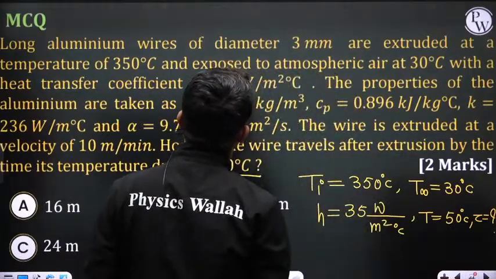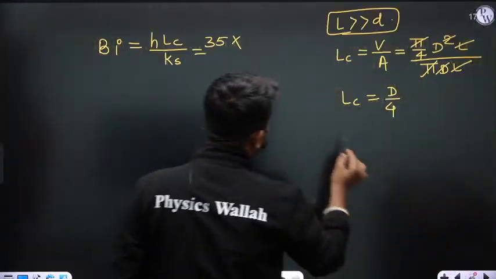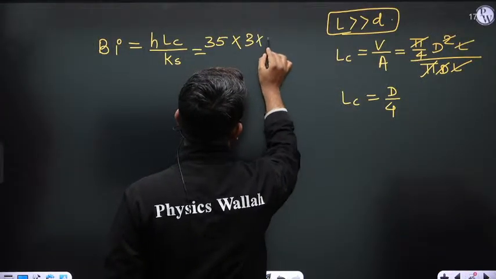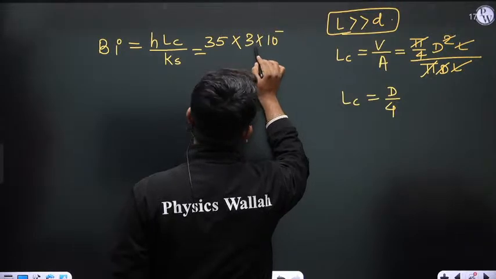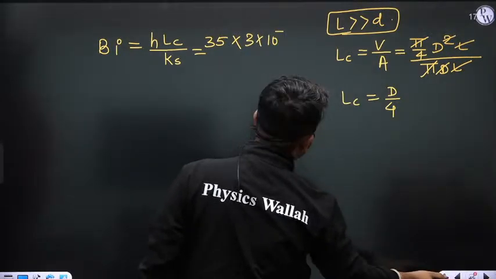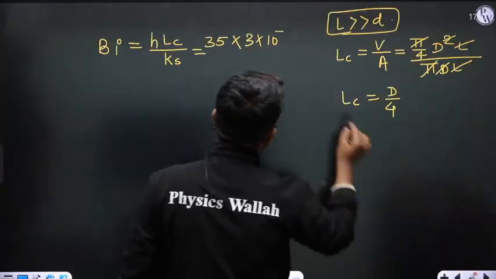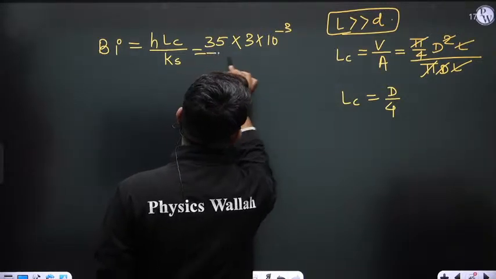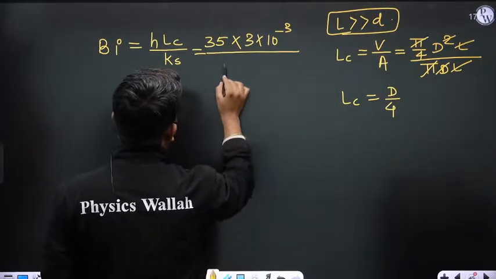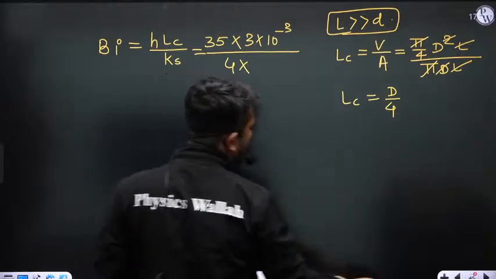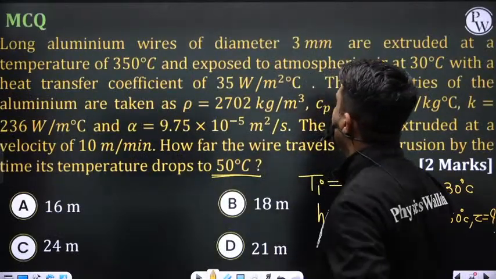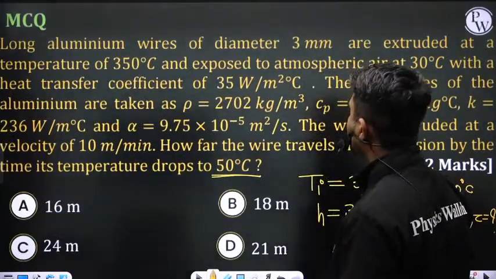And D is given, 3 mm. D is 3 mm, so 3 into 10 to the power minus 3 meter. That means 3 into 10 to the power minus 3 divided by 4 multiplied by, what is the value of Ks? The value of Ks is,